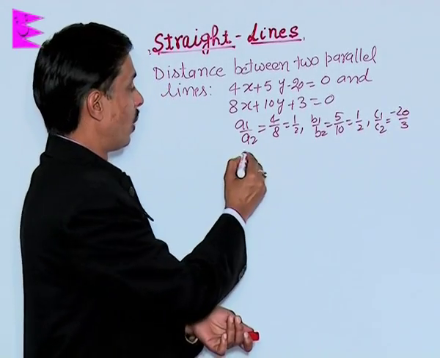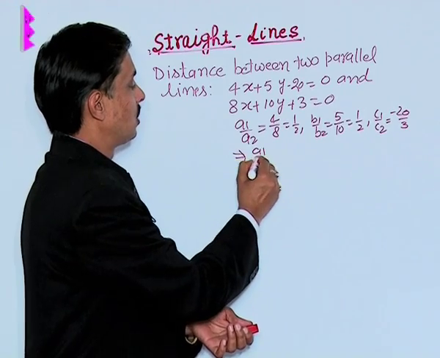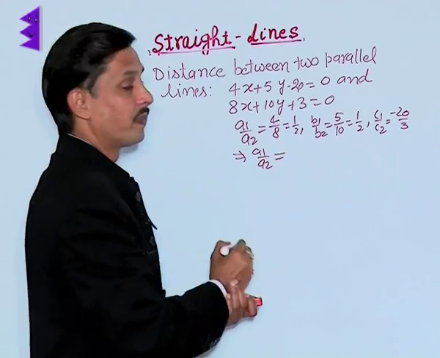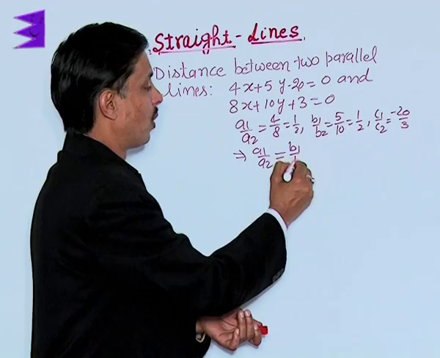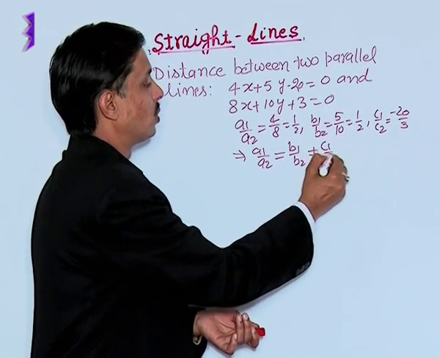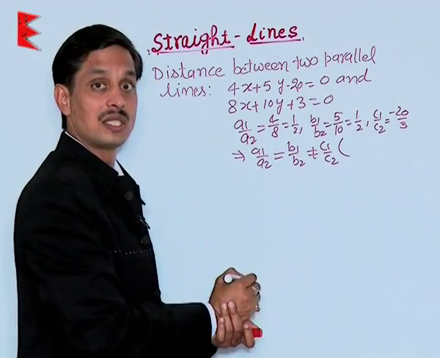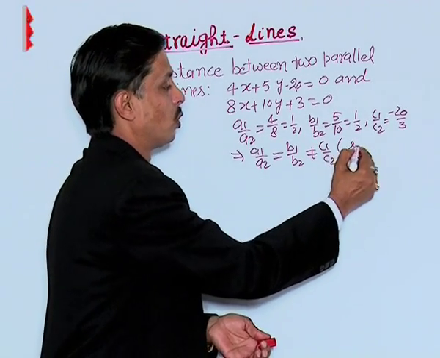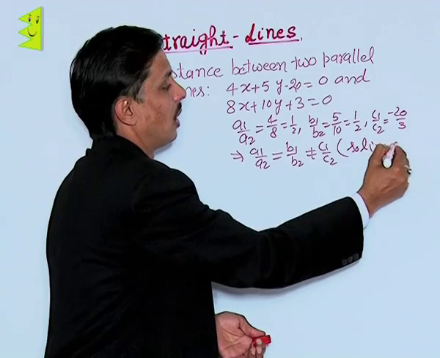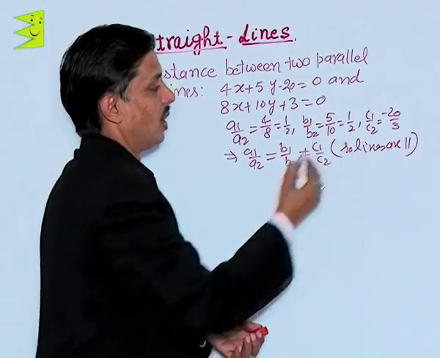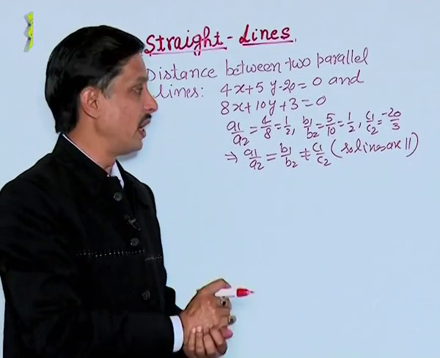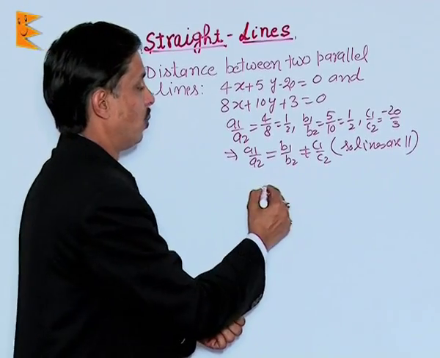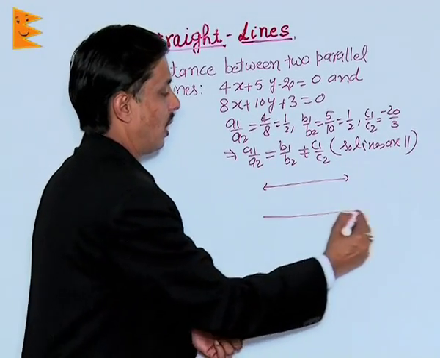So what we can say is that a1 upon a2 is equal to b1 upon b2, not equal to c1 upon c2, which is the condition for two linear equations to be parallel. So the lines are parallel. Now I would like to explain you how to find the distance between these two parallel